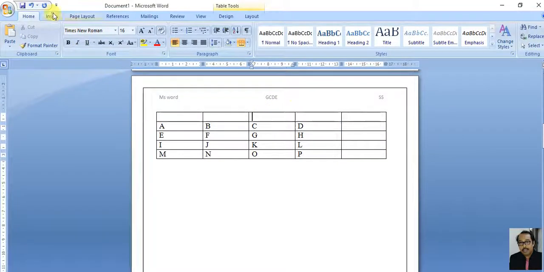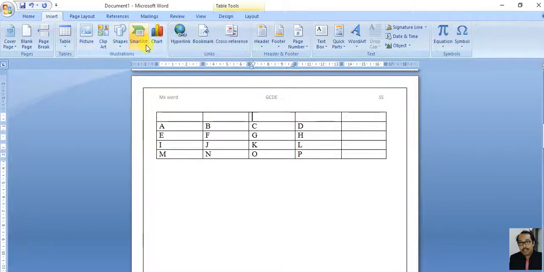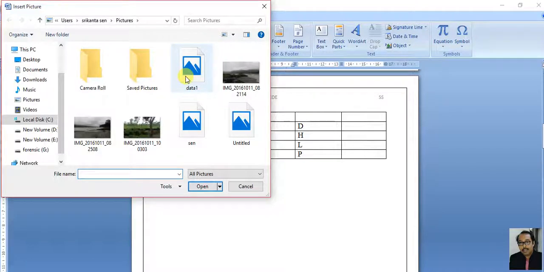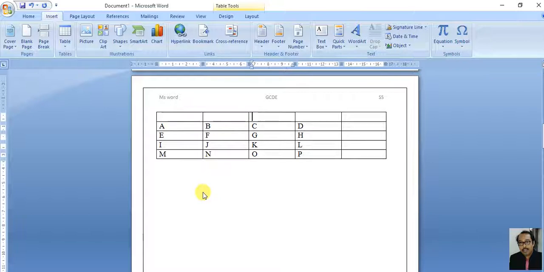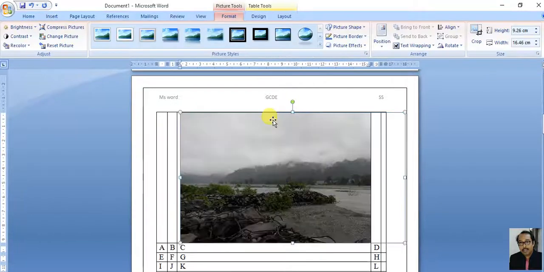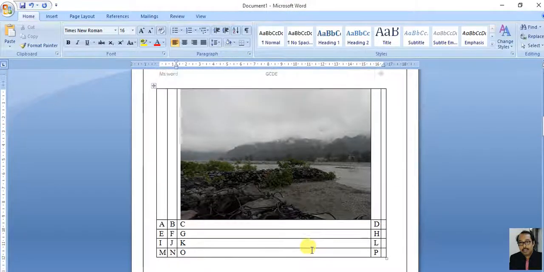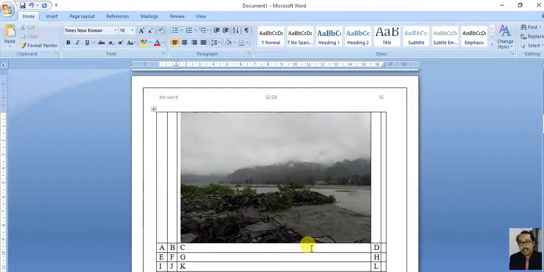Okay, you can insert a picture, insert picture. This is a bigger picture, that's why it's occupying much space, but in the table you can insert a small picture also, no problem. Just choose a small picture. I have taken a big picture, that's why the table is distorted, correct?